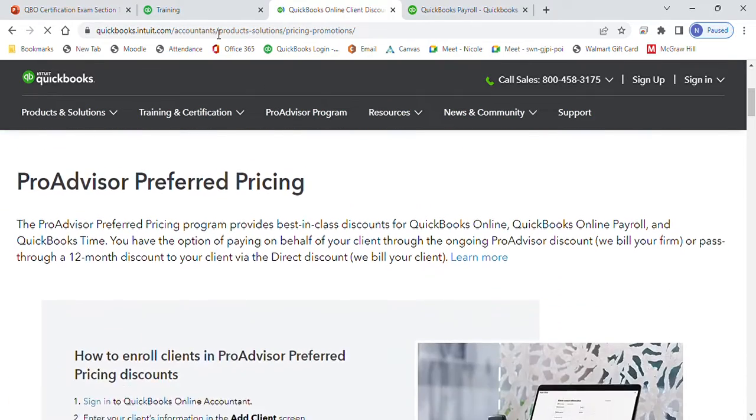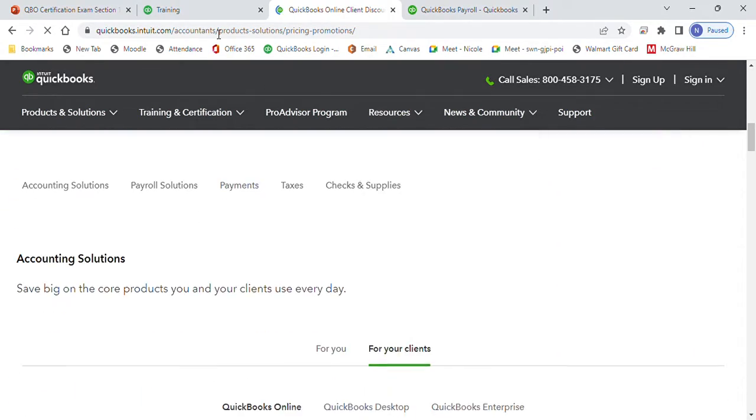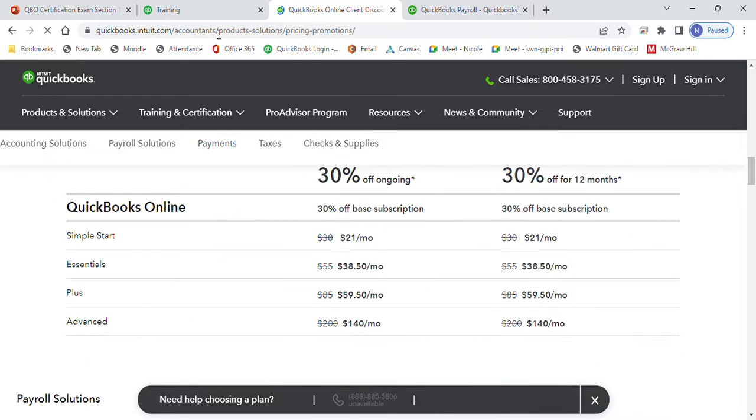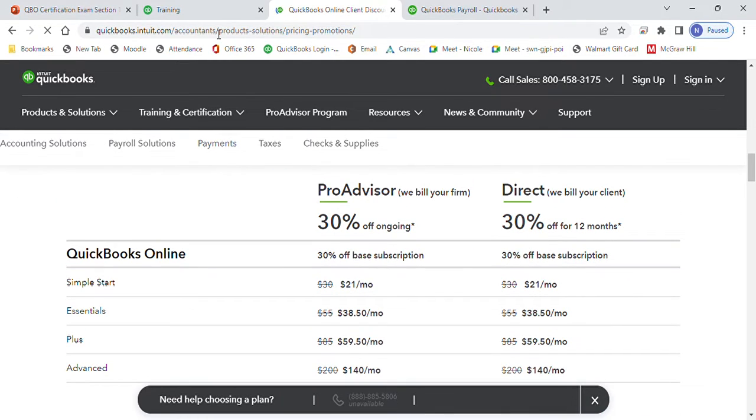Here we go. So you get 30% off on both of them. The main thing is if they get the direct, where Intuit's going to bill the client, it's only for 12 months. Whereas if they choose the ProAdvisor discount program, then it would be ongoing. It's the same price for both, but if they go through you as the bookkeeper, then it's ongoing. So it's kind of like a quid pro quo in that,